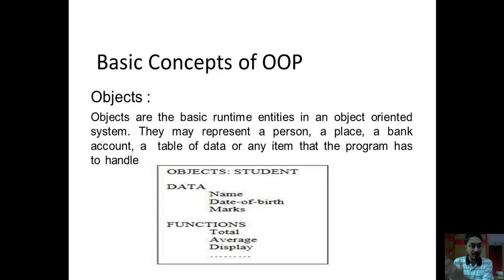Once we have a problem statement in front of us, that is nothing but the bank management software or bank database management software, then we start thinking in terms of objects, that which are the possible objects that we will need to work upon. We identified the objects as a customer and then as an employee. Then once we identified the objects, we started thinking about the data which will be associated with those objects. Once we identified the data, then we identified the roles or the functions that the object has to perform, isn't it? So this is how we created objects, and we started using the objects in object-oriented programming.